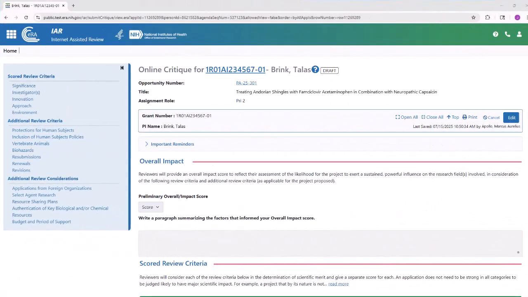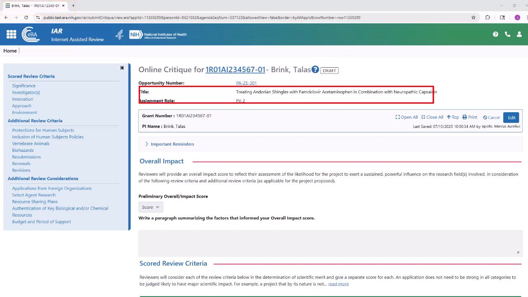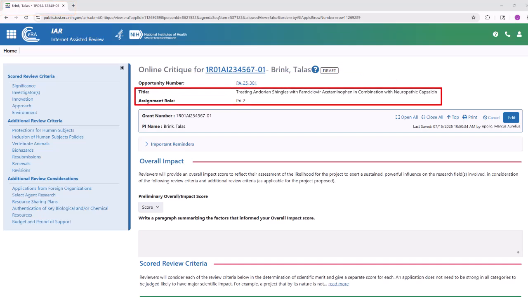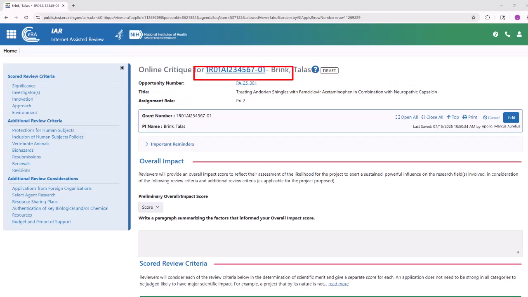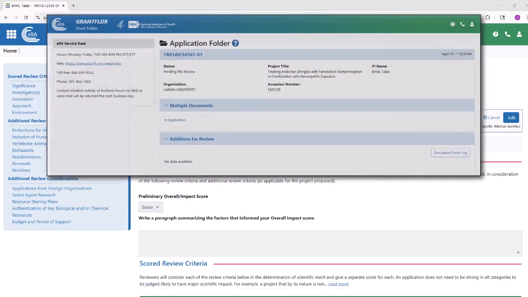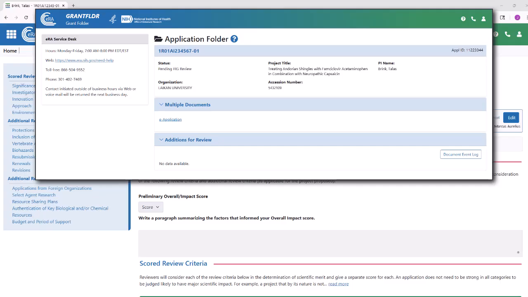To ensure you always know what application you are working on, there are some neat features included in the interface. First, the PI name and the grant number are displayed in the Browser tab, as well as at the top of the screen. The application title and the reviewer assignment role are also listed. Clicking the grant number will take you to the grant folder, where you can find additional information about the application